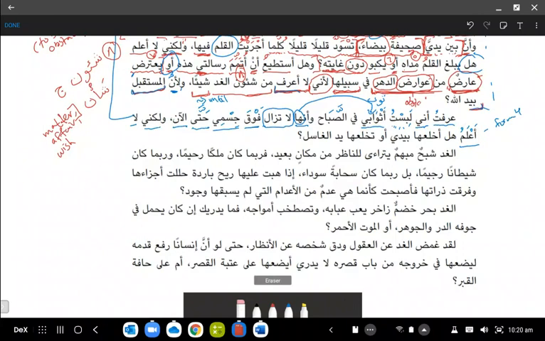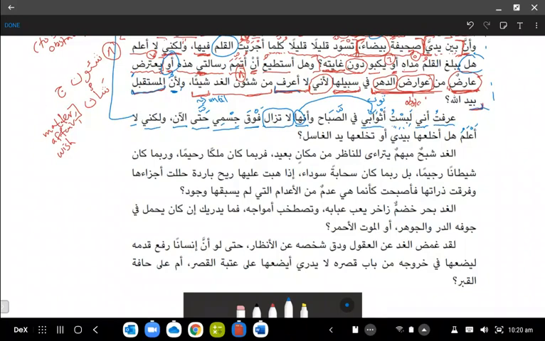Another possibility is that it could be أعلم. أعلم means I teach. أعلم, right? So this is where vocab is important. So there's a few possibilities, but in this case it will be ولكني لا أعلم. I do not know. ولكني لا أعلم.